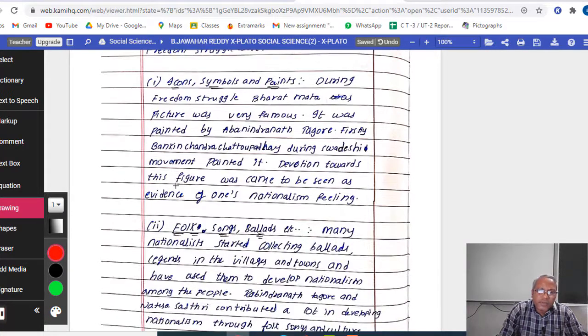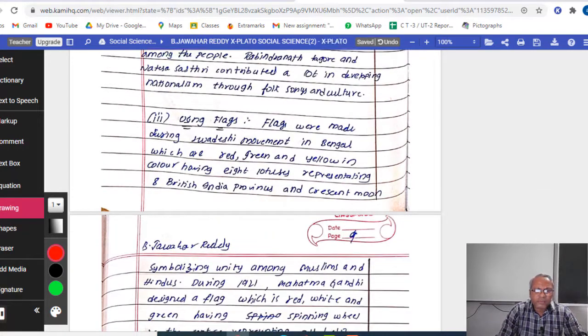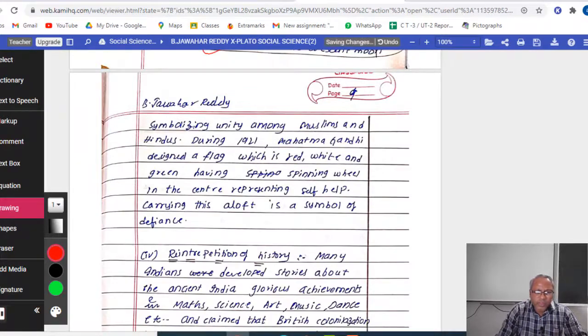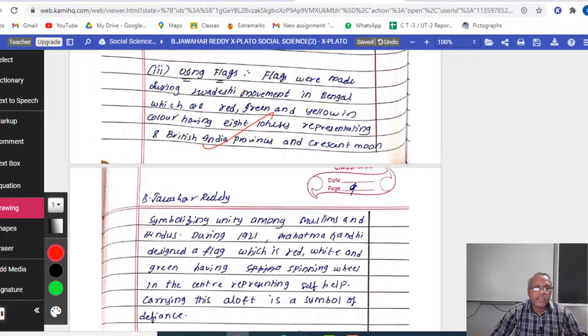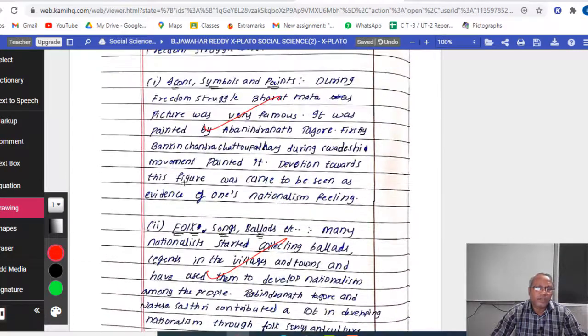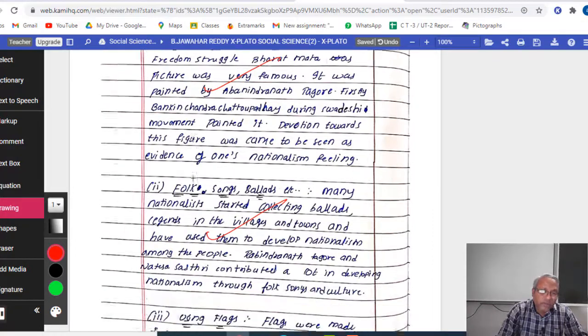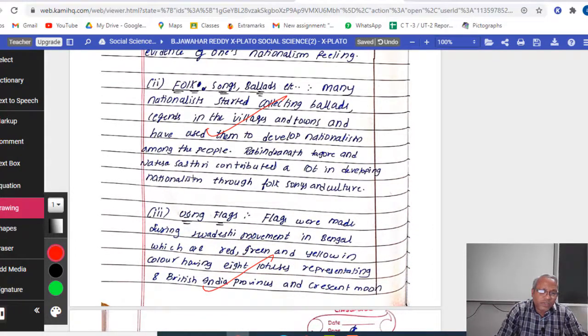He has mentioned icons, symbols, paintings, then folk songs, ballads, then using the flag, and reinterpreting Indian history, India's past. So he has written enough points to be awarded full marks, 5 marks.